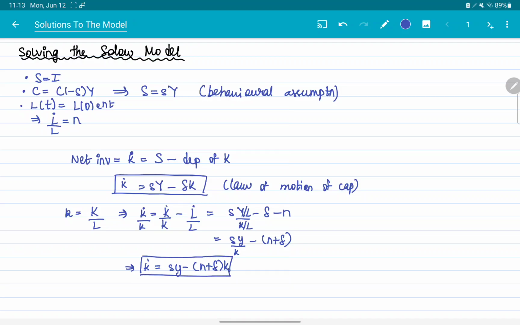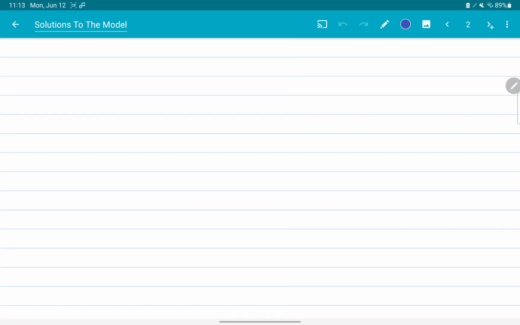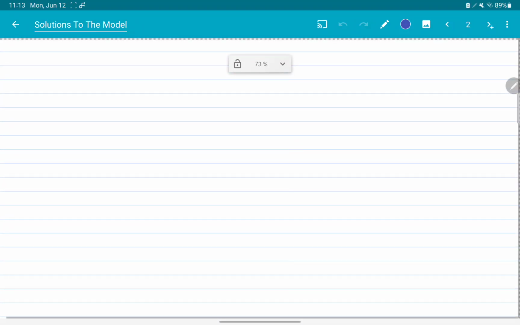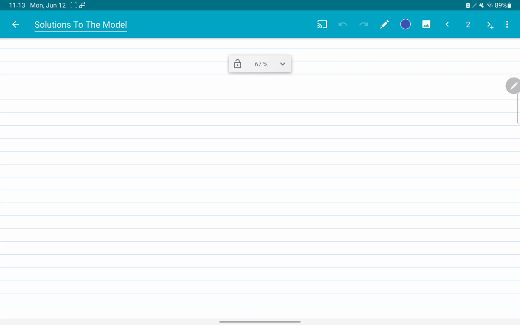A natural question should then be, why are we doing any of this at all? The reason is that this system cannot be solved, in the sense that it doesn't have a steady state, and you're going to see this later. But the point is, capital K never really comes to rest, so to speak. So you had, just give me a sec, yeah. You have small k dot equals sy,